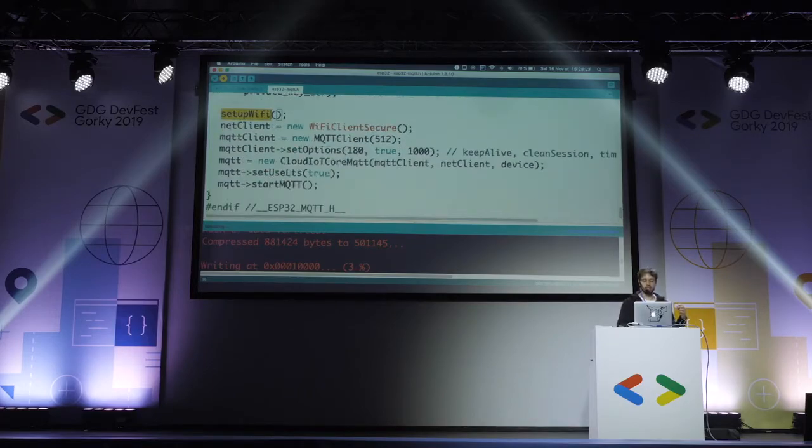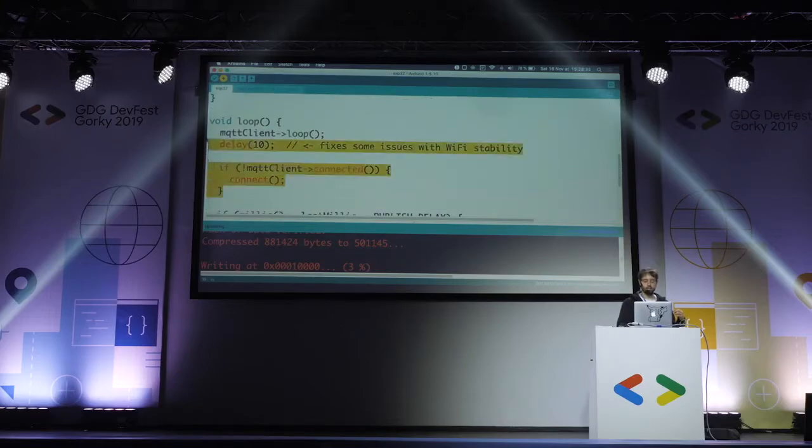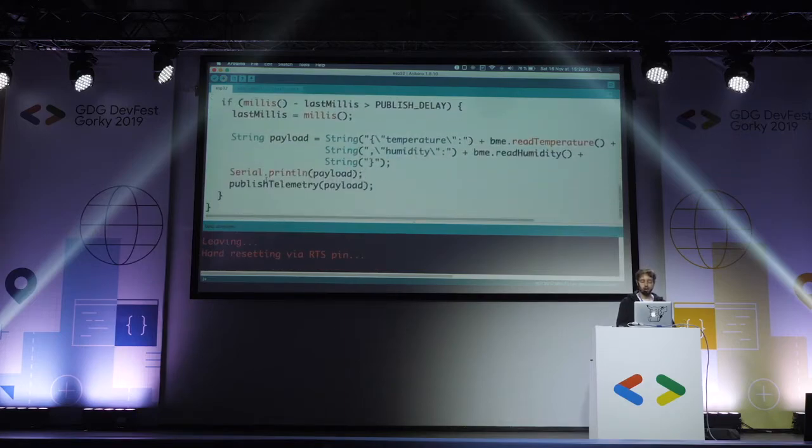And then it will just start the MQTT server. You then have to write this boilerplate, so it's just a boilerplate, you don't have to think a lot about that. It's just some code to tell it to persist the MQTT connection. So usually you just copy-paste that and you never have to touch it anymore. And so here you can see if my MQTT client is not connected, it tries to connect. It's just that. So now every time you want to send a message to Google Cloud, you can just use Serial.println.